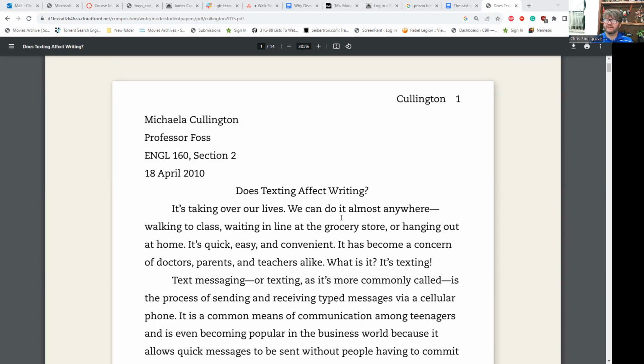So you could have a title if you wanted something a little more mysterious, like, could tips from the past help save our future? If you want to do that, you don't have to. I don't actually count points off for bad titles, but I just wanted to mention that because I tell students,